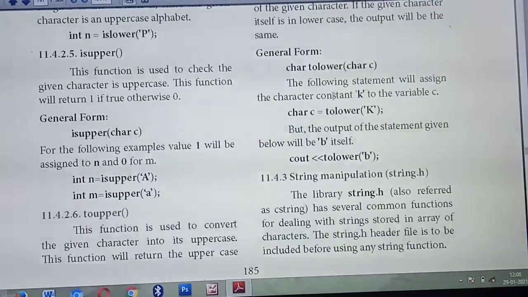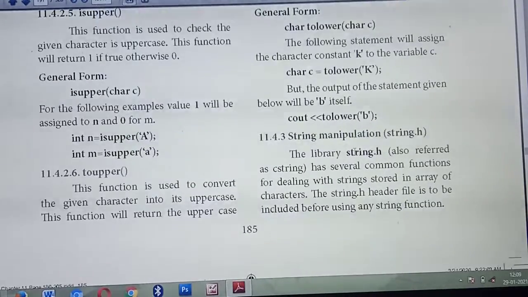Okay. So this is the general syntax. See. So what's the general syntax? Character c equal to tolower of character. Okay. So next example they have given: char c equal to tolower of 'K'. So what letter have they given? They have mentioned a capital letter here. But you are giving the function tolower, so automatically it will convert the capital letter into small letter k. Understood? See the next example. They are giving char c equal to tolower of 'b'. So already it is given in small letter, so no need to convert. As it is you will get as output.